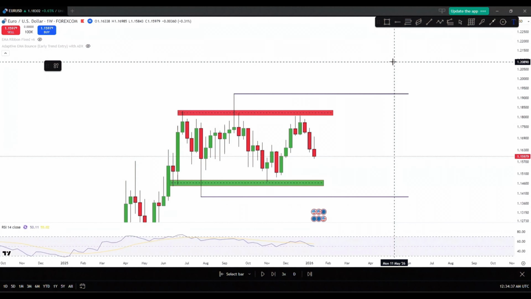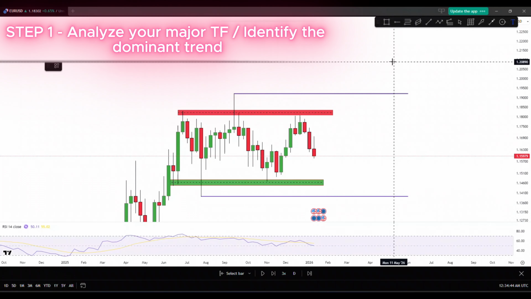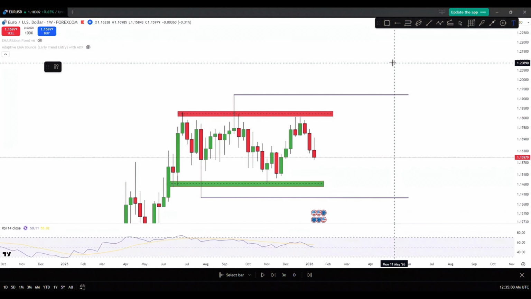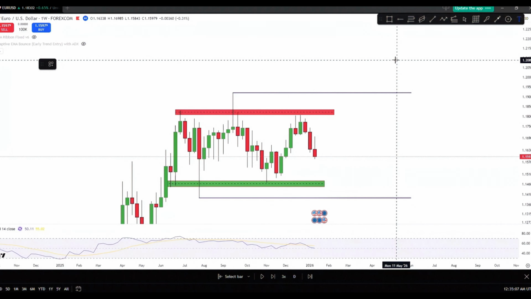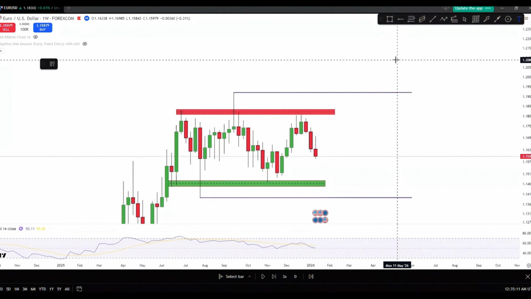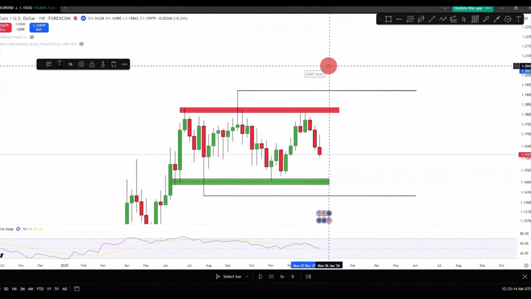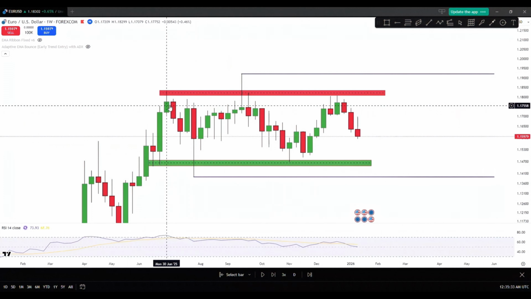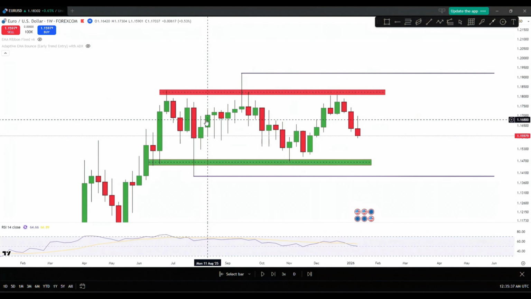So keeping what I said in mind in the first part of this video, we want to start off by identifying which time frame we want to use to get the overall trend for price action. Personally, I am a swing trader, so I focus more on the higher time frames for trend direction. Now in this case, I'm following the weekly time frame for trend direction. And as we can see, the trend that price action is currently in is that it's consolidating.